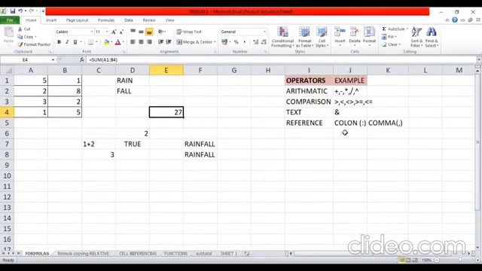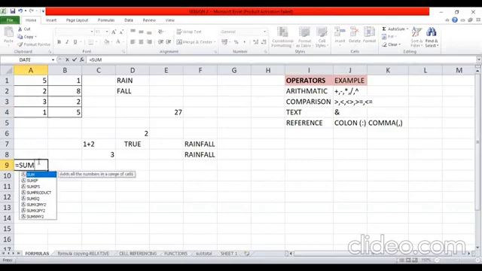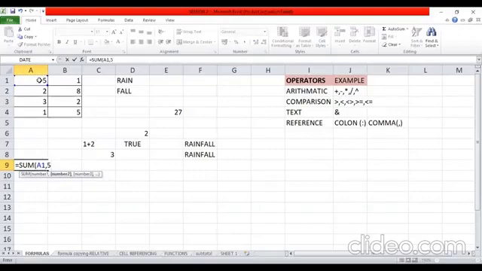If I'm not using an entire range, if I'm just adding, say, a couple of cells which are not next to each other, then I can do the same thing using comma. So what will I do? Again, equal to sum, this cell A1, I want to add to it a number, say 5. I also want to add the value in cell B3.